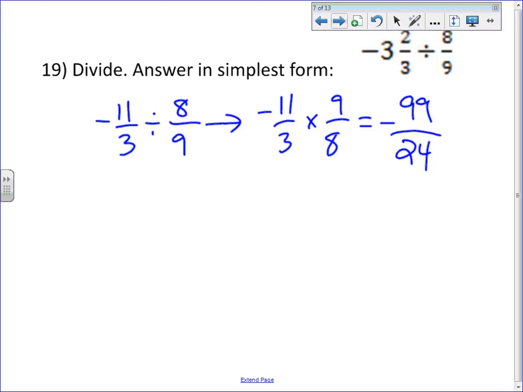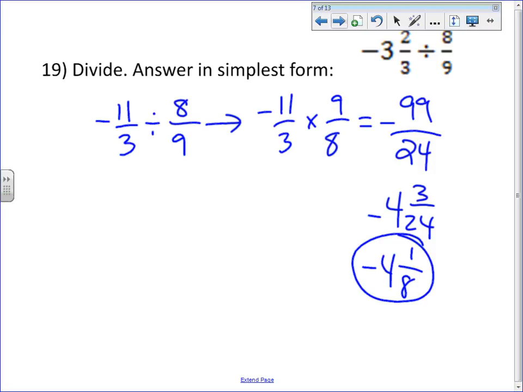Negative 99 over 24, I can turn that into a mixed number. 24 goes into 99 4 times, so negative 4. And that leaves me with a remainder of 3 over 24. 3 over 24 will be reduced, divide both of them by 3, and I get a negative 4 and 1 eighth. To make your life easier, when you got to this step, which I'm putting a box around right now,